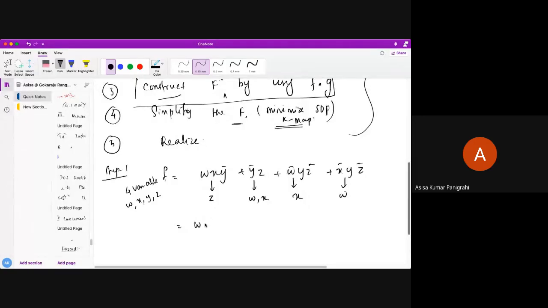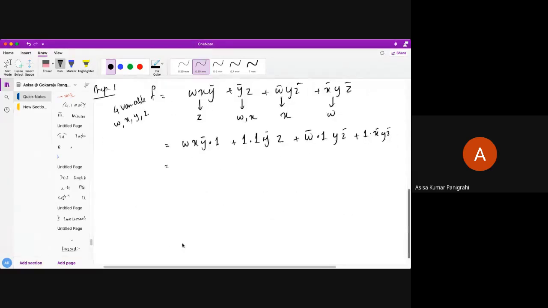So this is my W, X, Y bar, and 1, because Z is missing, only one. Next, both are missing here: W, 1, Y bar, Z. Next, W bar, 1, Y, Z bar. Next, here W is missing: 1, X bar, Y, Z bar. Okay, so don't get confused. These are all the things you know very well.